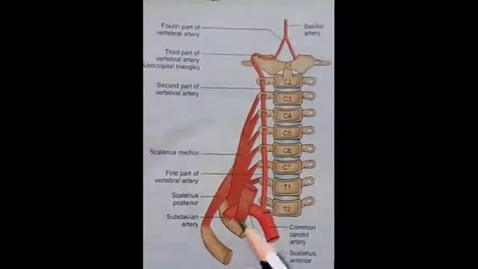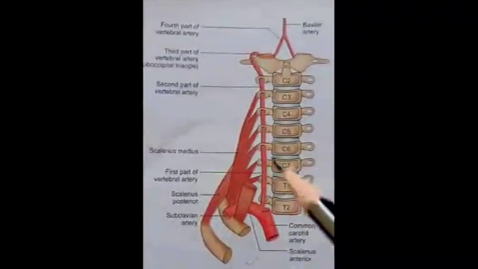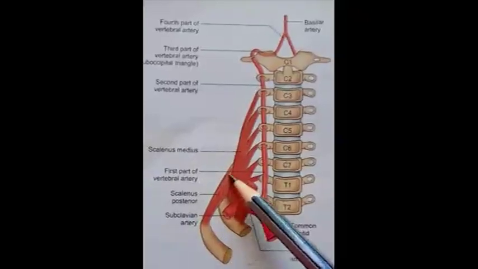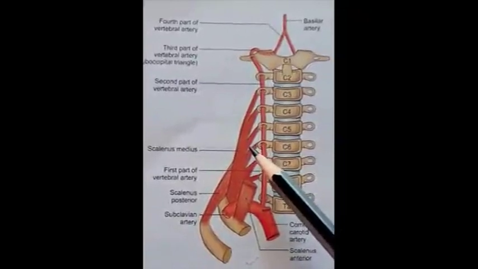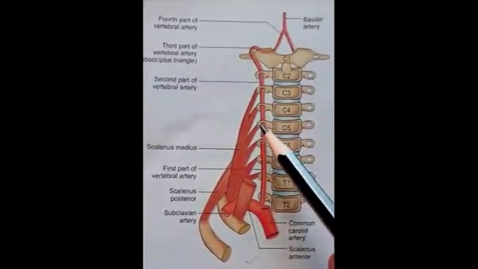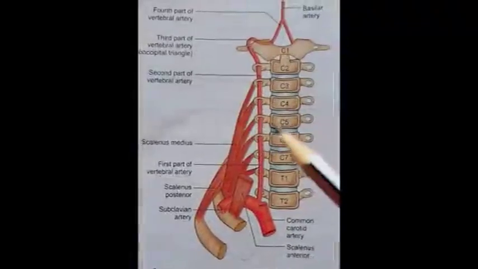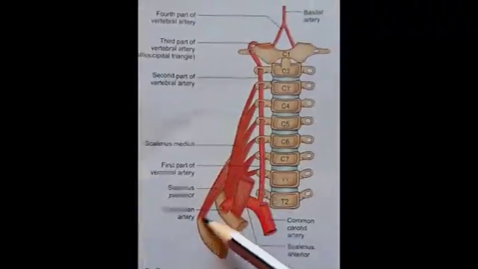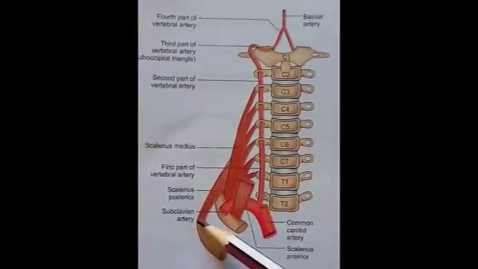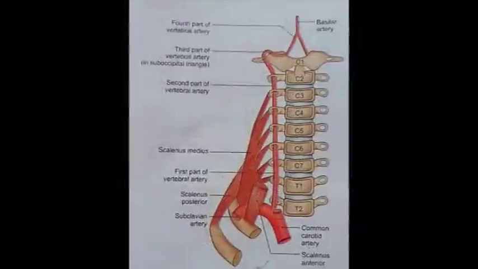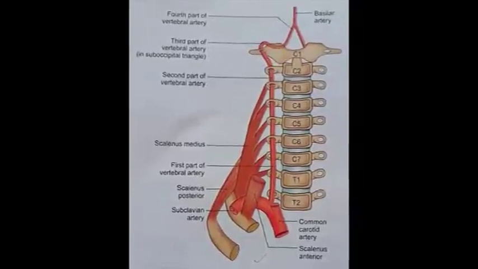Next muscle is scalenus posterior muscle. It is a small muscle. Origin of muscle: the muscle fibers arise from posterior tubercle of transverse processes of cervical vertebrae C4, C5 and C6. Then insertion of the muscle: muscle inserts on the outer surface of the second rib behind the tubercle for serratus anterior muscle. Nerve supply: this muscle is supplied by ventral rami of nerves C6 to C8.